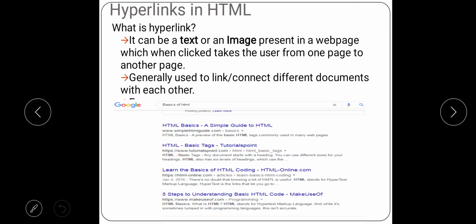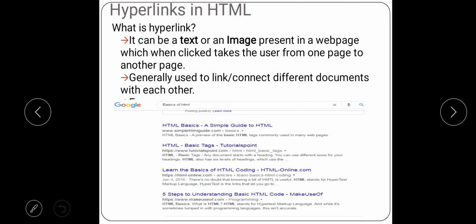So whenever the result is displayed, it is displayed something like this. You can see some links in blue color. So these links in blue color are the clickable part, and other text is not clickable. Means a hyperlink, we saw that it can be a text or an image which is clickable.